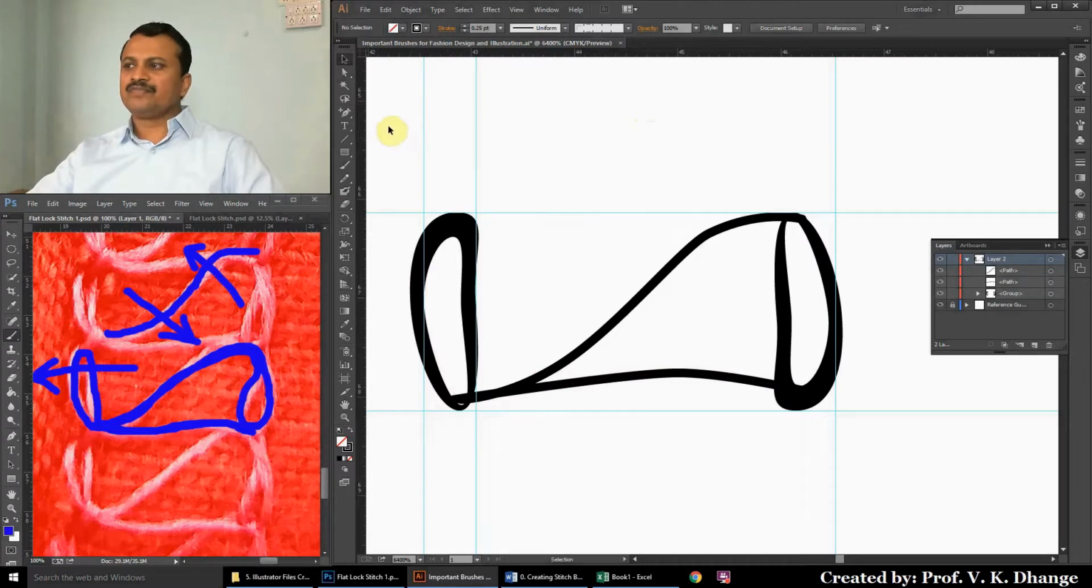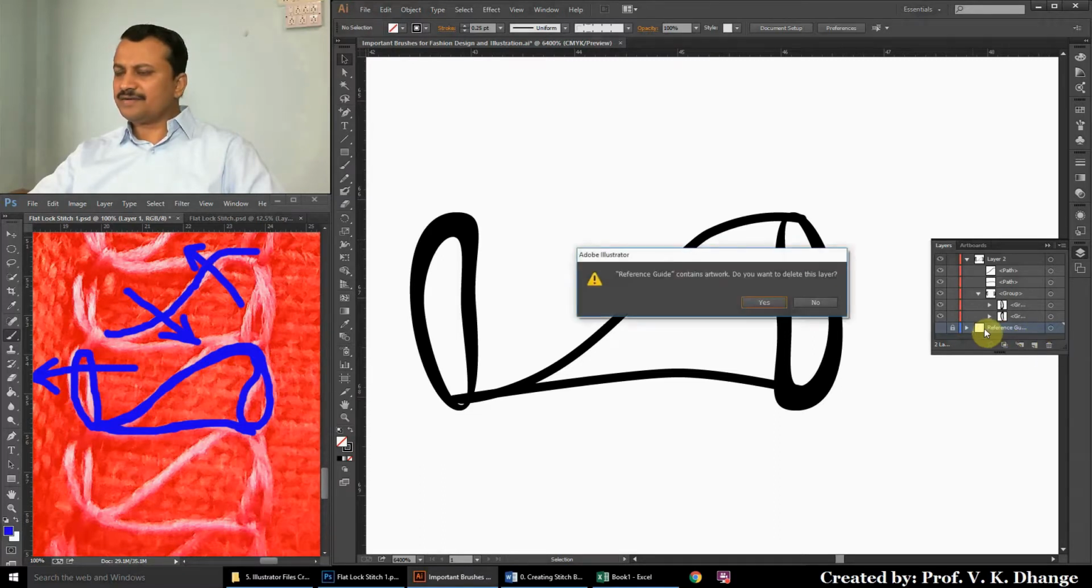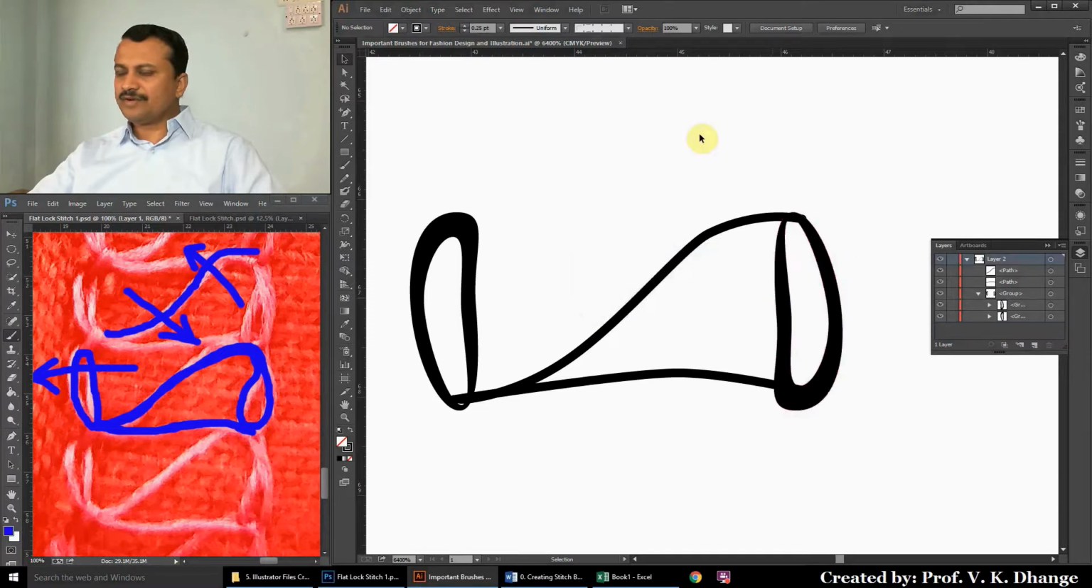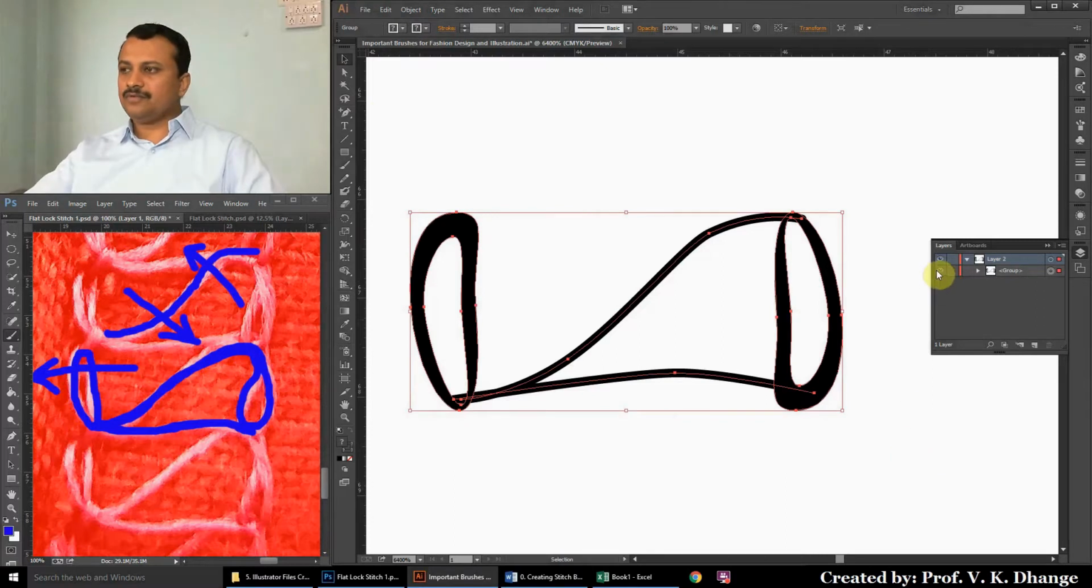Take it away. So what we'll do now, we don't want this particular reference grid. We'll select this layer and we'll delete it. Okay. Now we'll select all the objects. We'll press Ctrl G, group them, and then